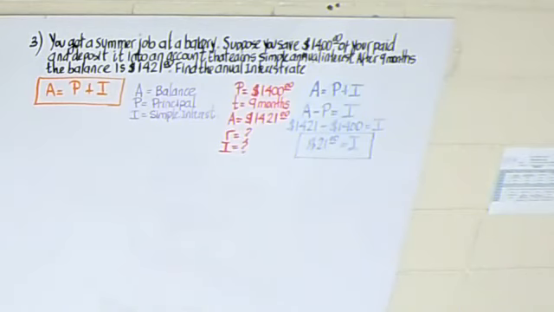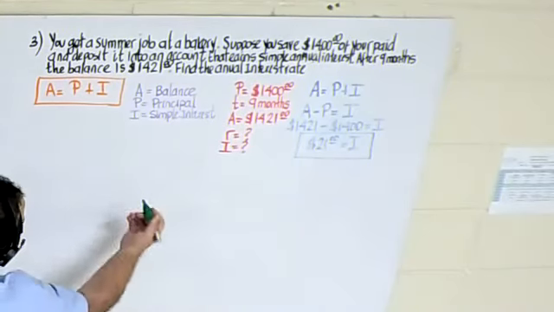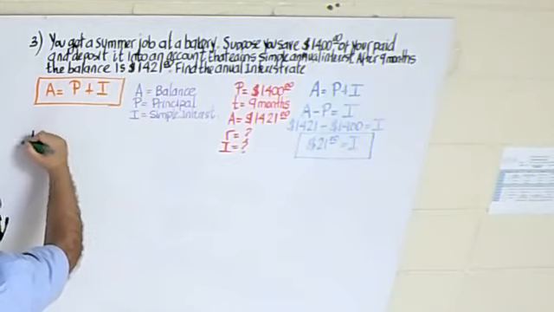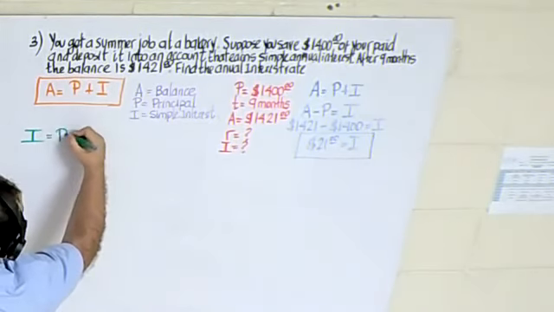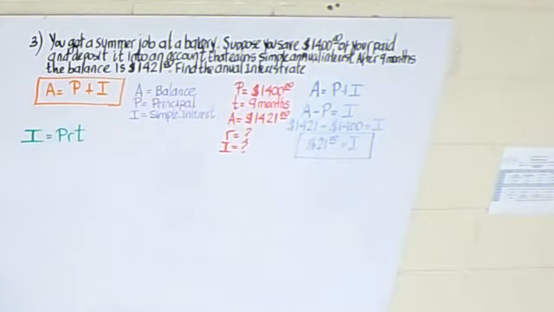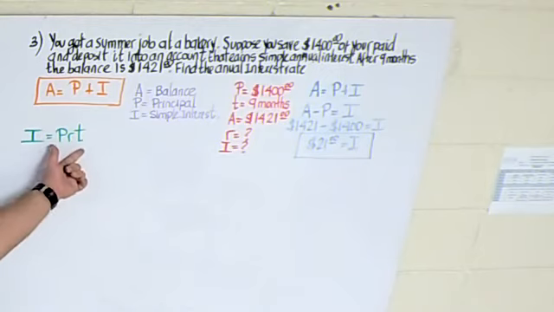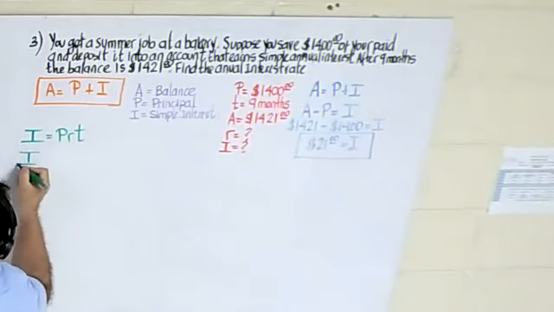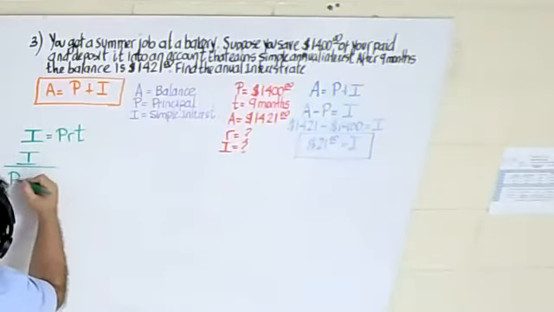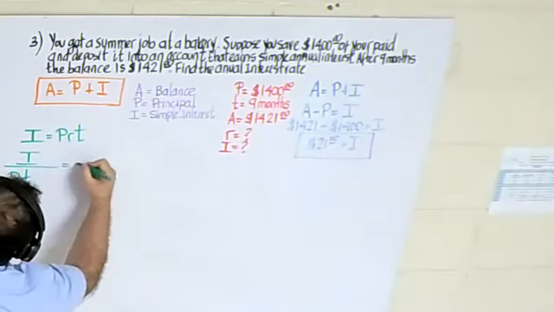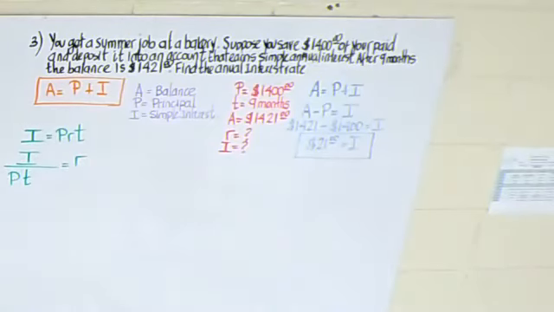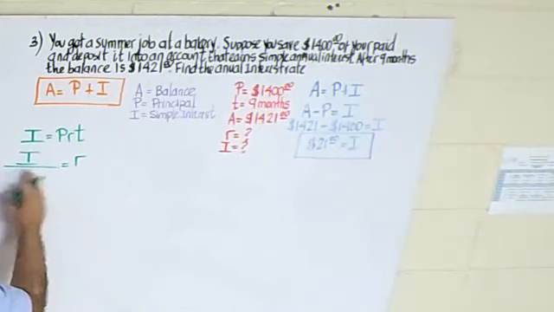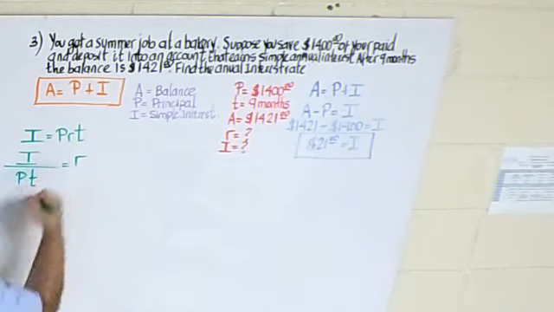Well, now the next step. Now that I can calculate the interest, I can use the formula for the interest. You know, interest will be equal to PRT. And because we are looking for the value of R, the letters P and T, both multiplying, pass to divide, right? For that reason, I divided by P times T will be the value for R. But be careful. At the moment we replace those values,